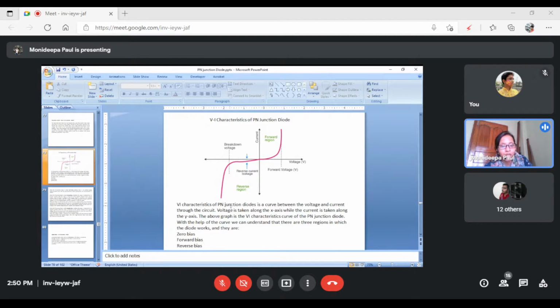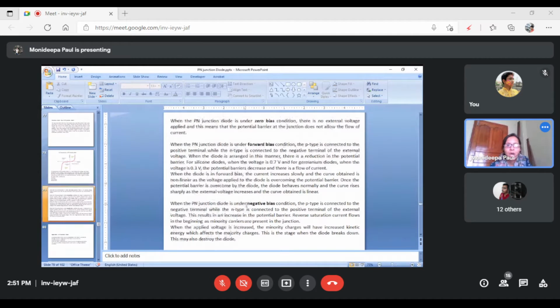The VI characteristic of a PN junction diode is a curve between the voltage and current through the circuit. Voltage is taken along the x-axis and current along the y-axis. The above graph is the VI characteristics curve. With the help of the curve, we understand the 3 regions: zero bias, forward bias and reverse bias. When a PN junction diode is under zero bias condition, there is no external voltage